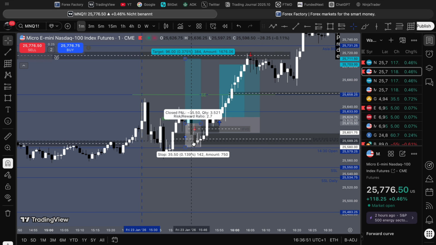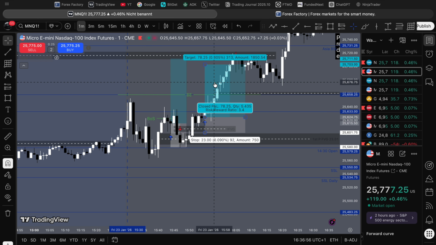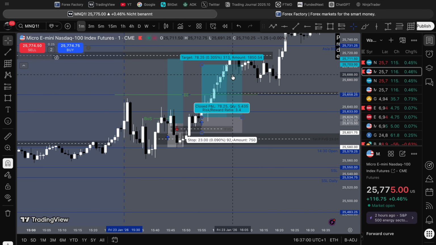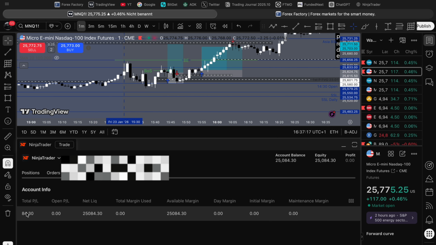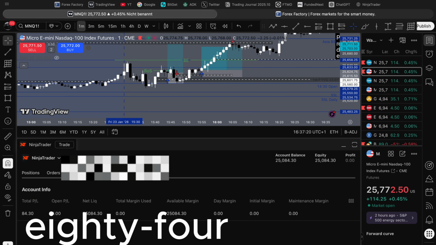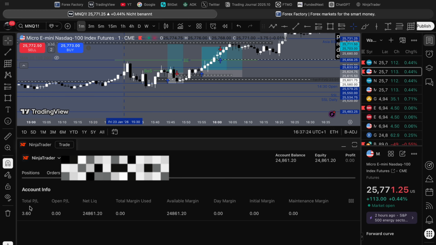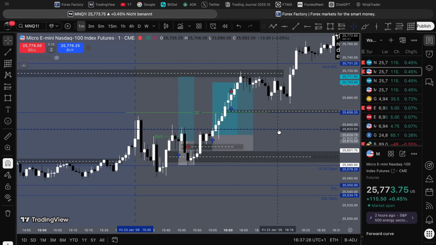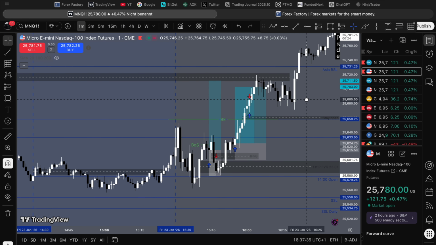With the first trade I made $70 in drawdown, and the second trade, with the account where I didn't misclick, I made $155. So by the end of the day I made $48 in profit, and on the account where I misclicked I made $3 for the end of the day. It's not perfect, not that good, because I misclicked. It's also not good, but the trade was okay.